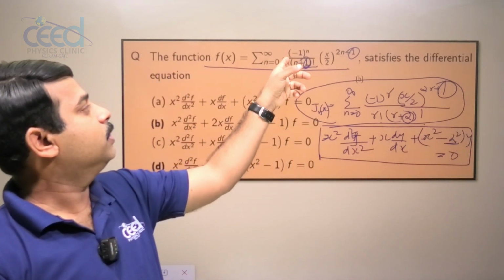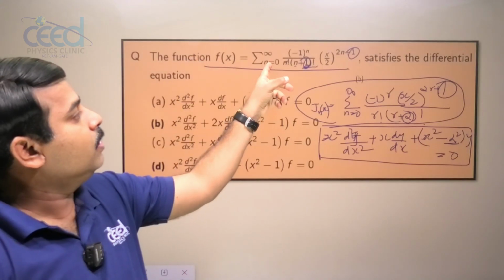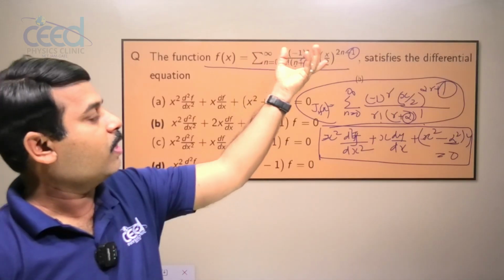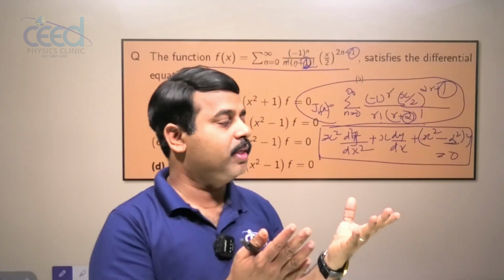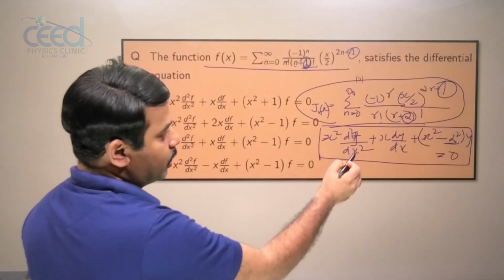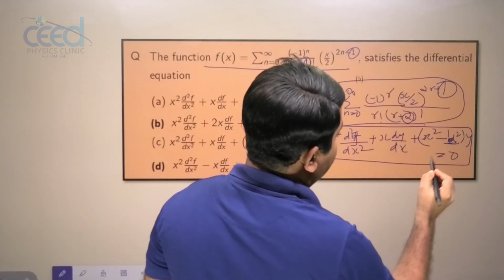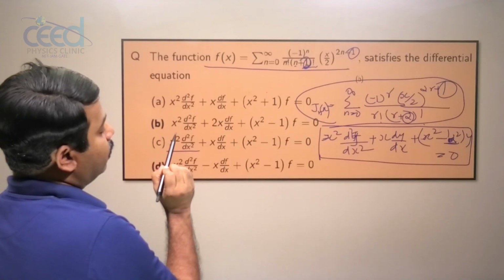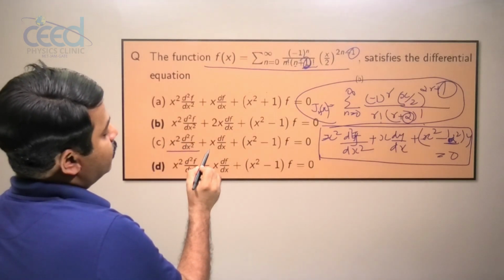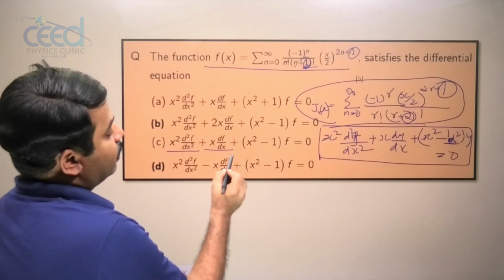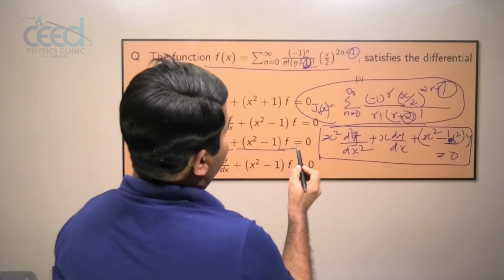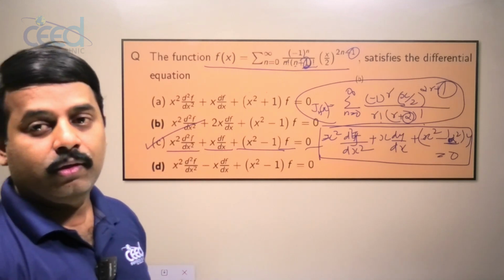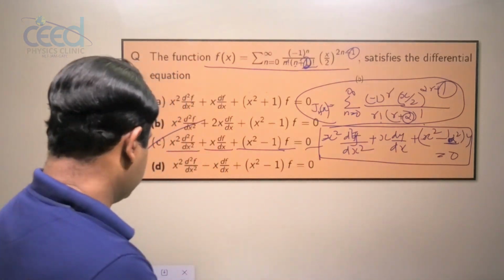Then the function f of x is the solution corresponding to which differential equation? That is this differential equation, but here alpha is equal to 1. Then x square d square f by dx square plus x df by dx plus x square minus 1 into f is equal to 0. Then option C is correct. Alright. So the next question is,